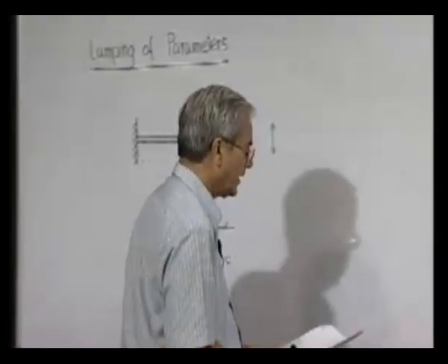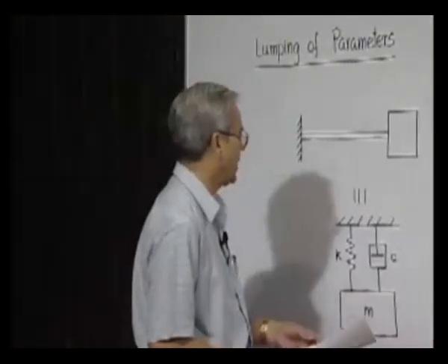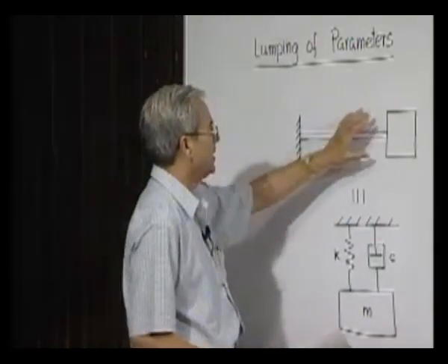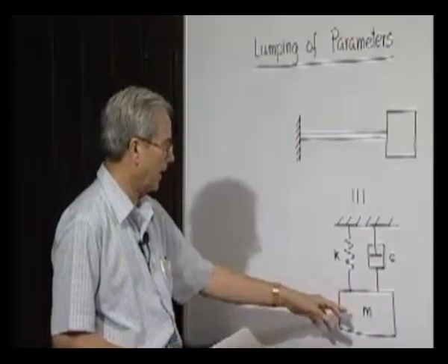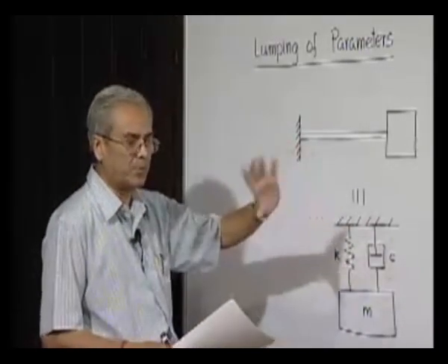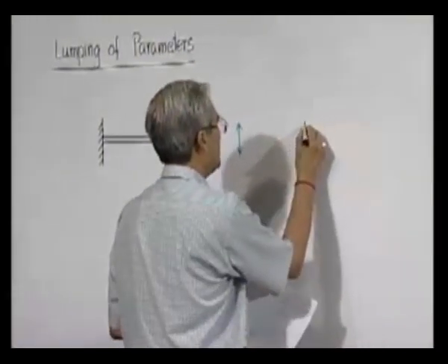Now of course one thing is correct, that sometimes, if we have a thin steel spring like this and a mass at the end, we can say that fine, this is the mathematical model. We can have an example from the angular case also. But suppose we have to consider